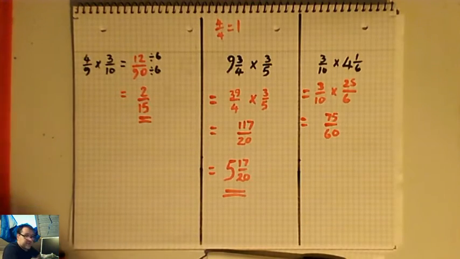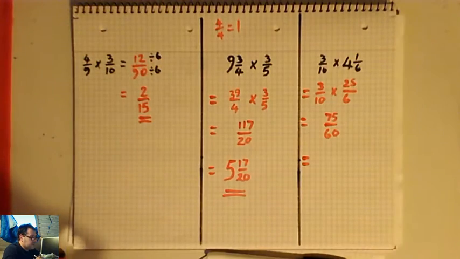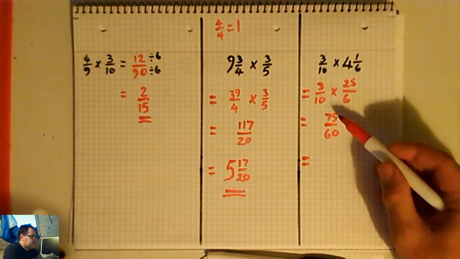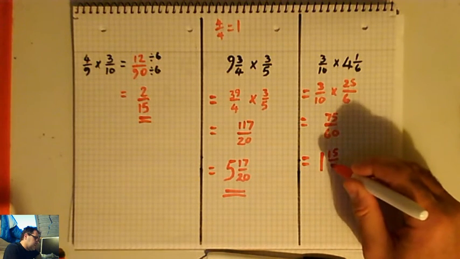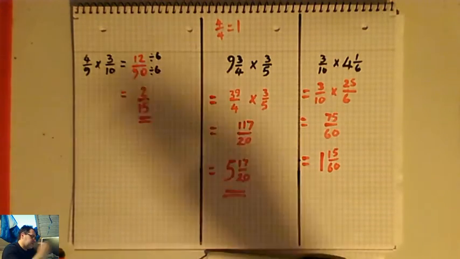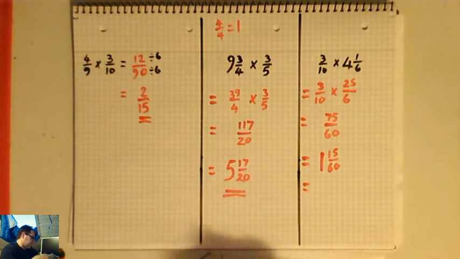75 over 60 is a correct answer, but it would be neater to have it as a nice mixed number. So I say to myself, how many 60s can I get out of 75? Well, just 1, and then with 15 left over. So 1 and 15 60ths. But hold on a minute, I spot that 15 goes into 60, so the whole thing can be